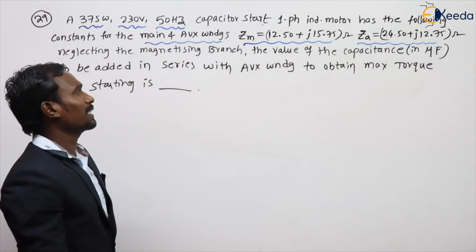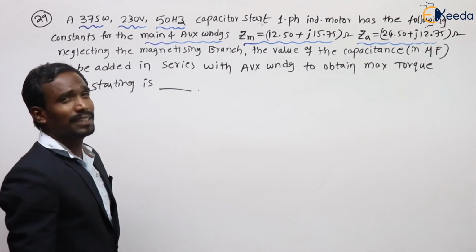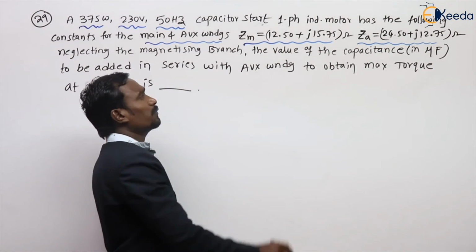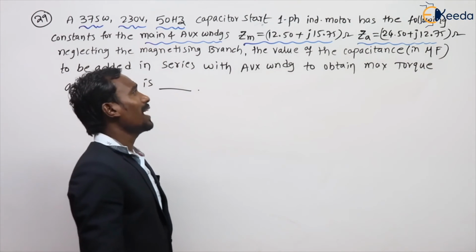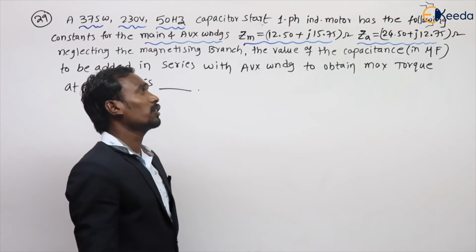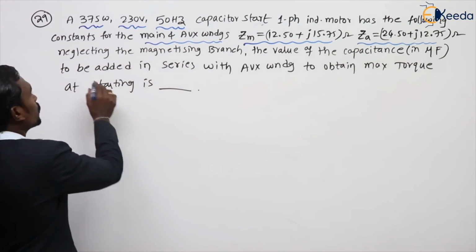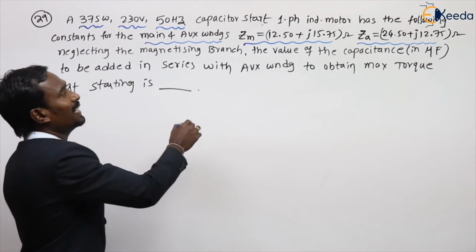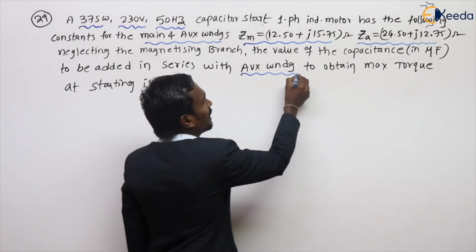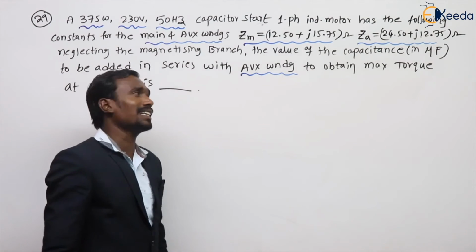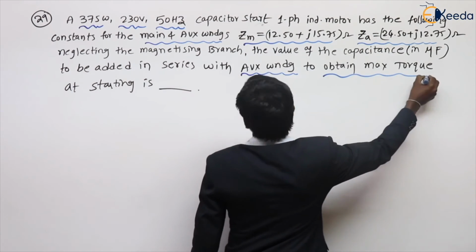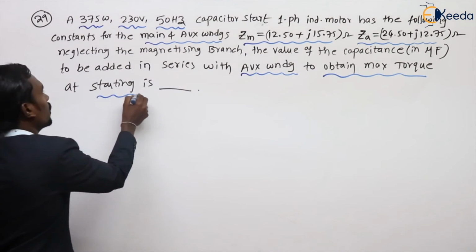Neglecting the magnetizing branch, the value of the capacitance in microfarads to be added in series with auxiliary winding to obtain the maximum torque at starting,